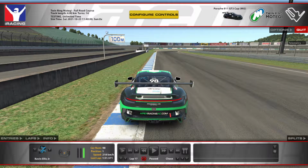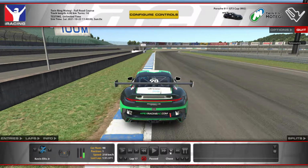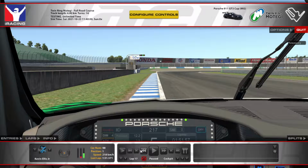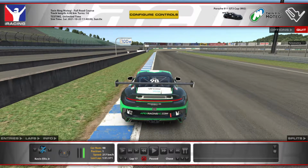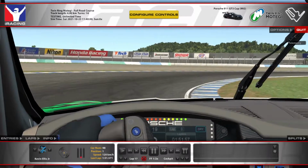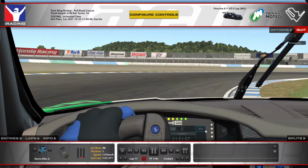As we head in here, you'll notice the 100 board up on the left and the 50 a little bit further on, but we're going to brake just as we come past the 100. From inside the car, the board will go out of your viewpoint before you start getting onto the brakes. You can see we're getting on the brakes here, and the 100 board is already past us. So it really is just as you pass the 100, you start getting onto the brakes. You're going to notice we're going down into third, and then down into second as well. You want to brush this first apex curb, and then as you track out